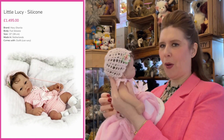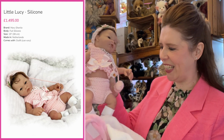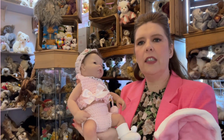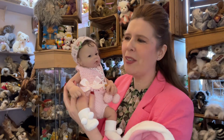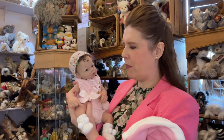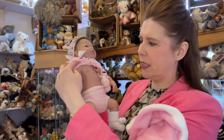So with this sweet poppet, let me just take her out of her little snug so you can see. There you go, isn't she lovely? So this one already feels a lot heavier, and again it needs some handling because they have the lovely heavy wobble head too. Now when we talk about full-bodied silicone, this is literally all silicone, and you can see here